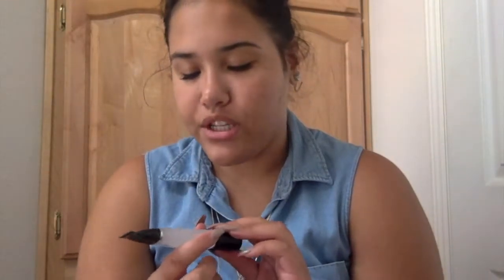So I will show you what I do every single day. Actually, that's wrong. Not every single day. I don't do my makeup every day, but when I do my makeup, here's what I do. I always start off with putting lotion on my face and chapstick just to give myself a really smooth and hydrated base. After that has dried and sat in my skin for a little bit,